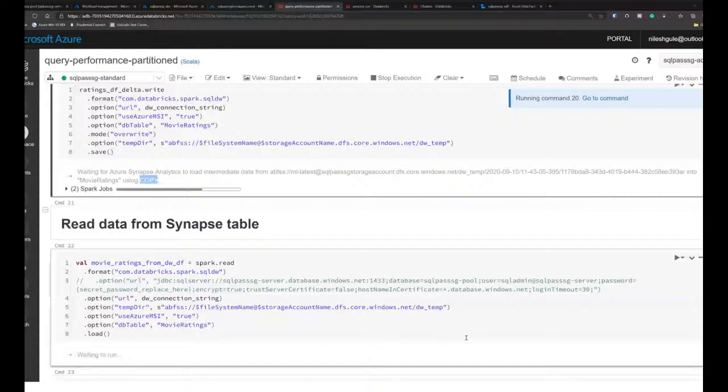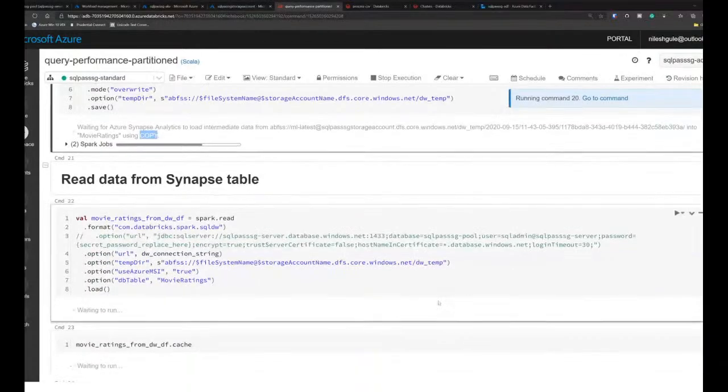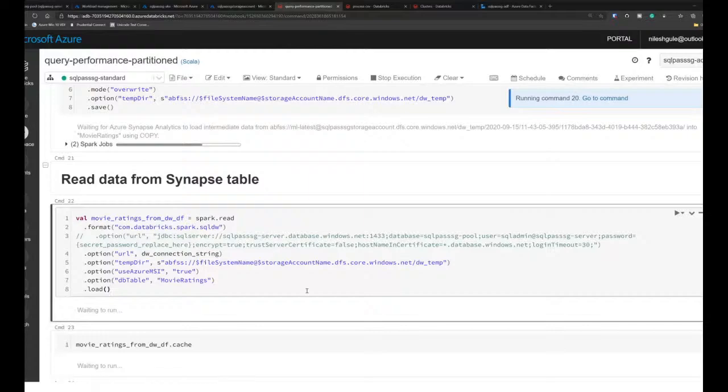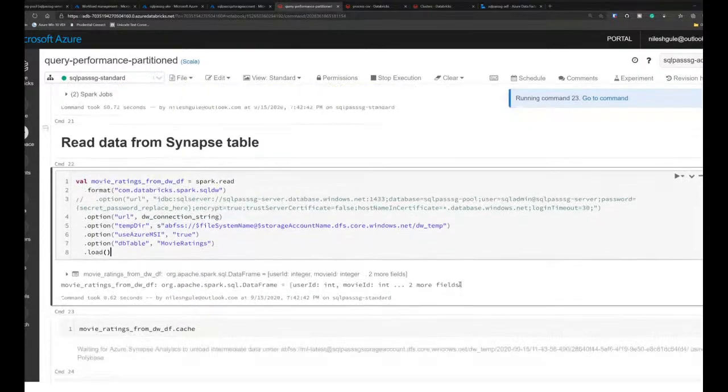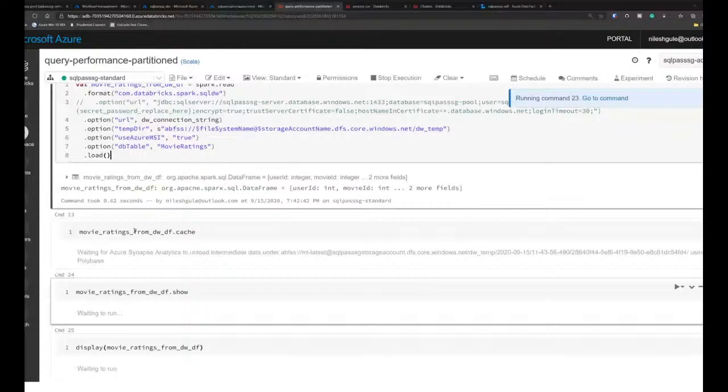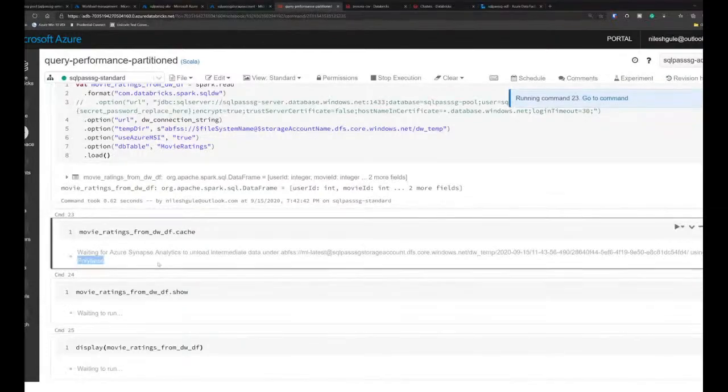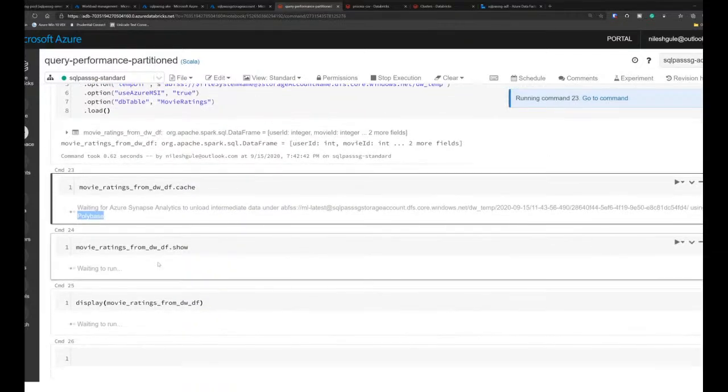But I saw that when it tries to read, it is using polybase. So when it comes to this cell here, while reading, we should be able to see somewhere here that the polybase is getting used. So you can see here, this is where when it's reading that data from SQL data warehouse and presenting it using these notebook cells, it's trying to use polybase to bring that data into that temporary location.